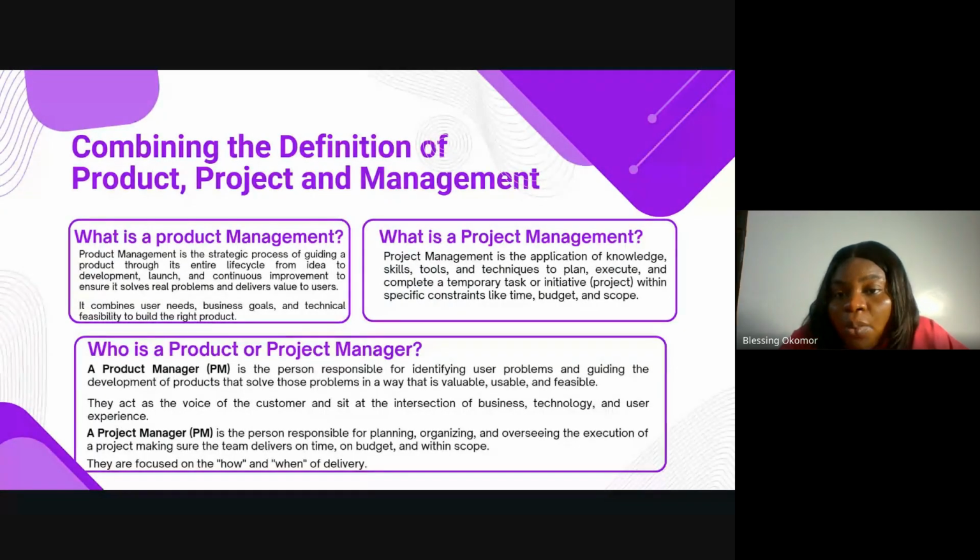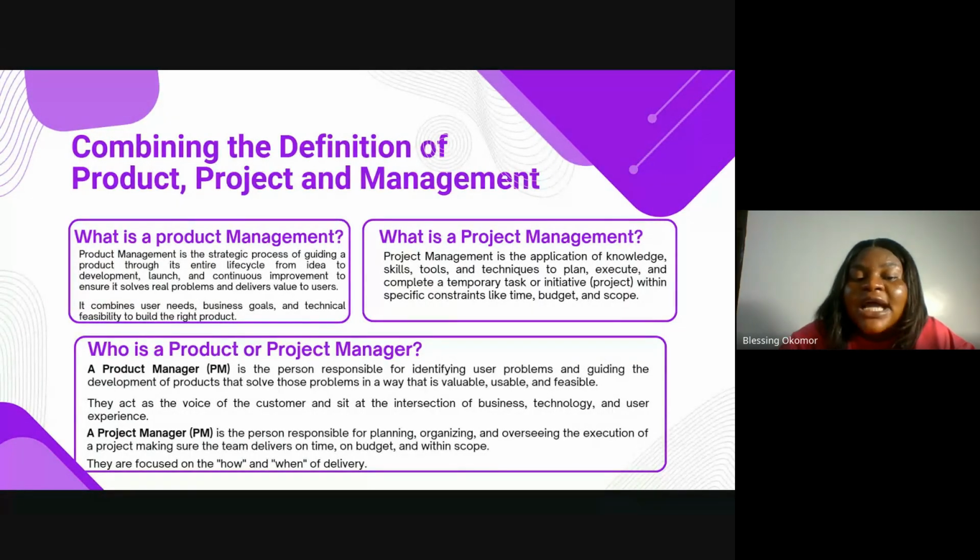Now, what scope have you planned? So the project manager ensures that the plan they have, the budget that is available, and the timeline are being followed accordingly. So you get everything to launch successfully within this time, budget, and scope. Right, so this is what project management is, and with this we can even end today's class because we've gotten value from it already. I am sure that you've understood what product management is and what project management is, right?